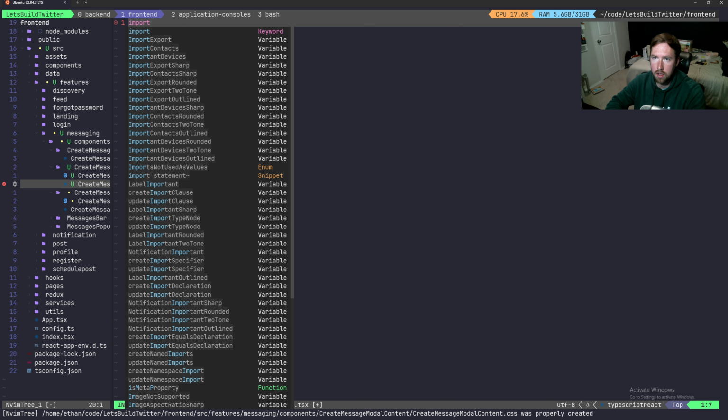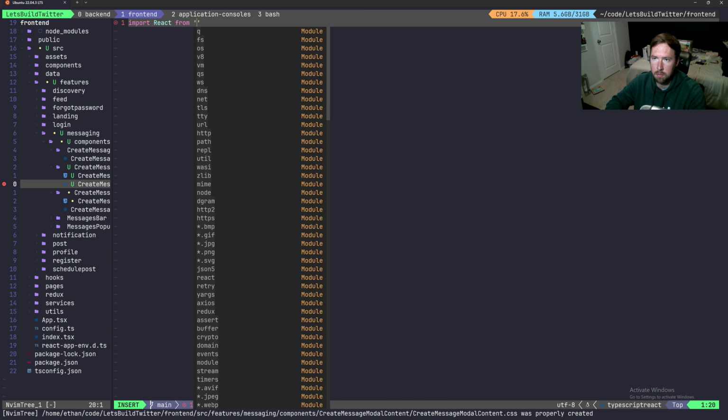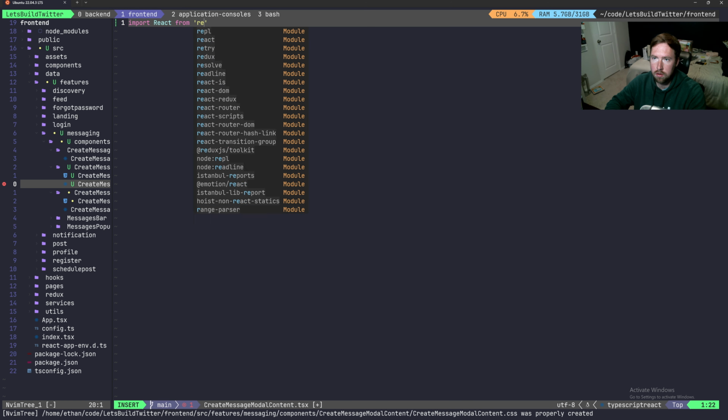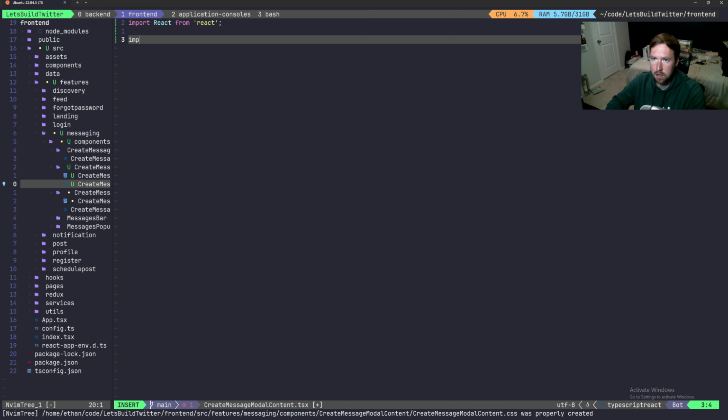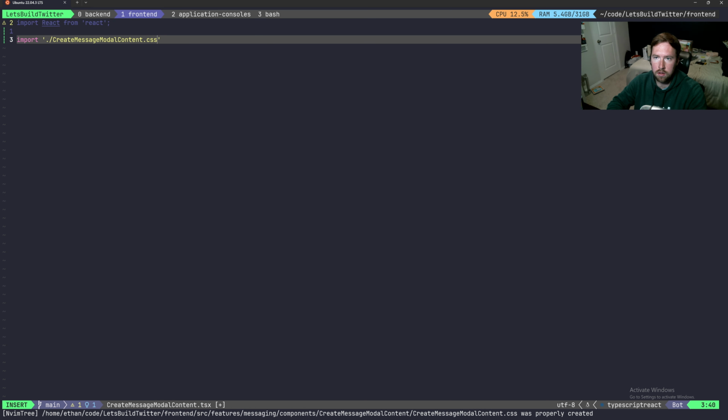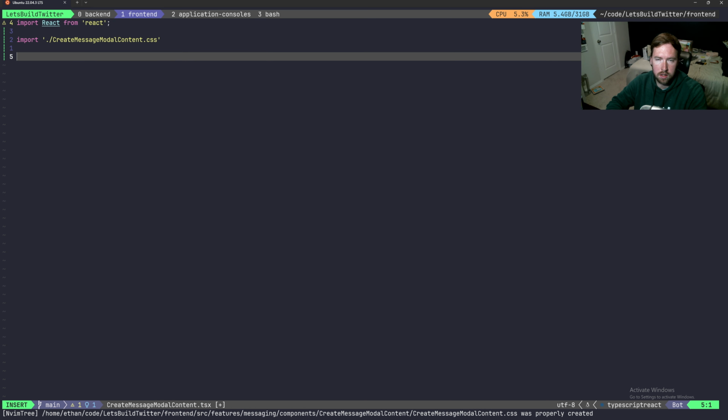So import React from React, maybe. And we'll also import the create message modal content.css, otherwise I'll forget. Let's close out of that as well. So we're going to set up a skeleton for now, that way it's there, and then we're going to go through and fetch our conversations and display all the people we've had conversations with. We're going to say export const